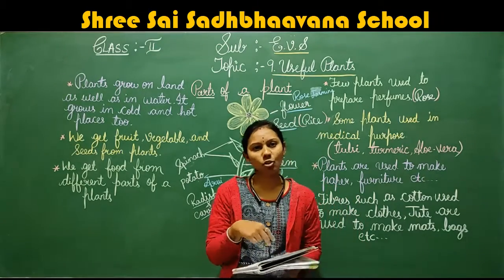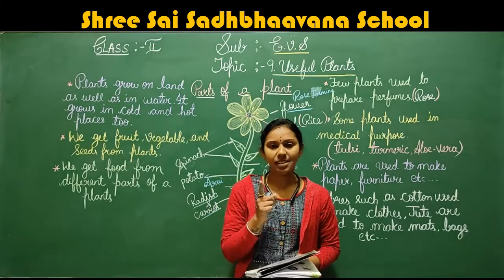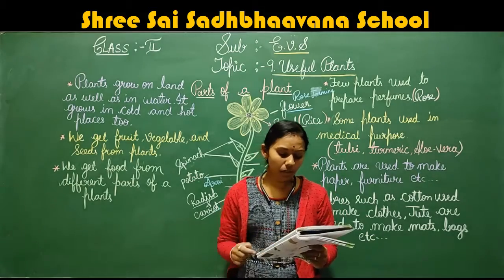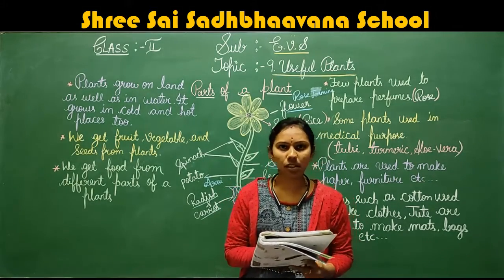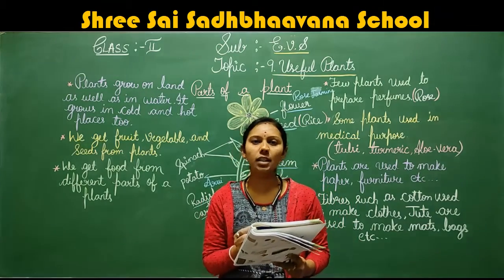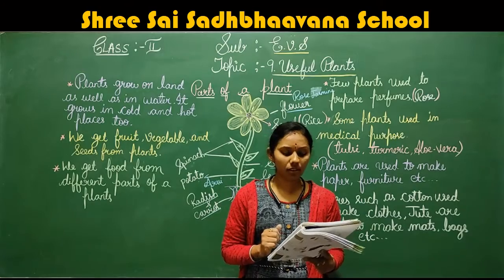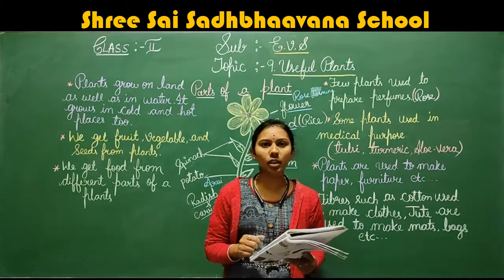Okay, then the sugar. You add sugar to tea and coffee, no? From where will we get this sugar? Yes, that sugar also we are getting from the plants itself. You can observe the picture in that. Okay, see the tea plant. The leaves are taken and they prepare the tea powder.